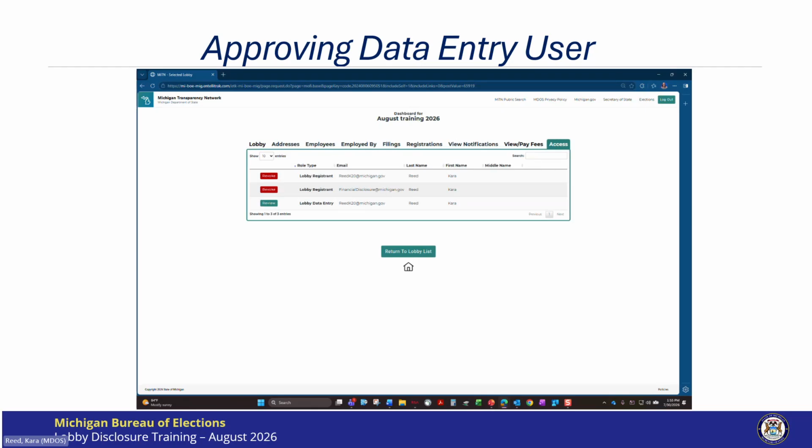I will click Review and a box pops up. This is where I'll be able to approve or deny the access request. If I deny the request, a second field shows where I'm able to indicate why this was denied. I am going to approve the request for this demonstration. Choose Yes and click Save.